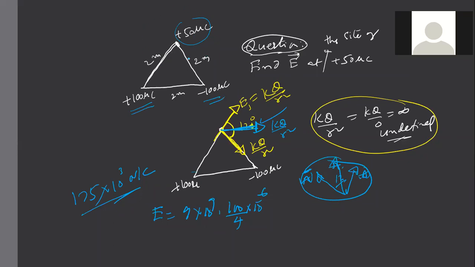Say, for example, if I want to calculate the field here, the field will be because of this and because of this. If I want to calculate the field here, it will be because of this, because of that. So the whole region is filled with three fields. Try to understand. I'll tell you what it means. I'll go to the same question but change it slightly.